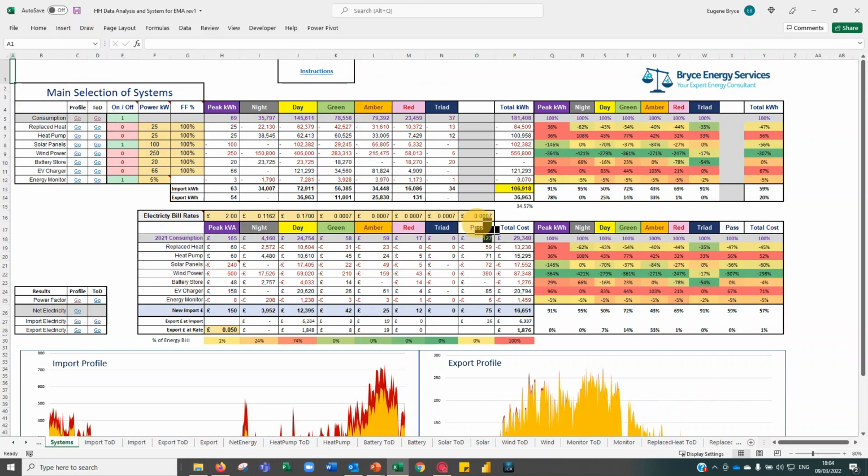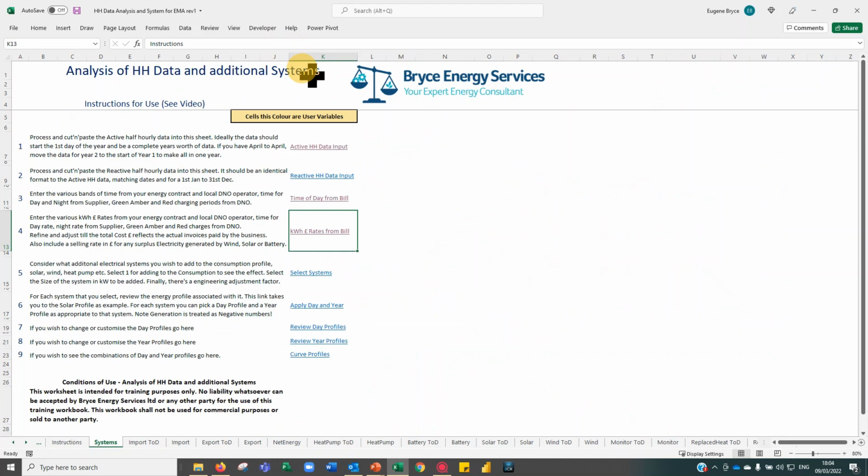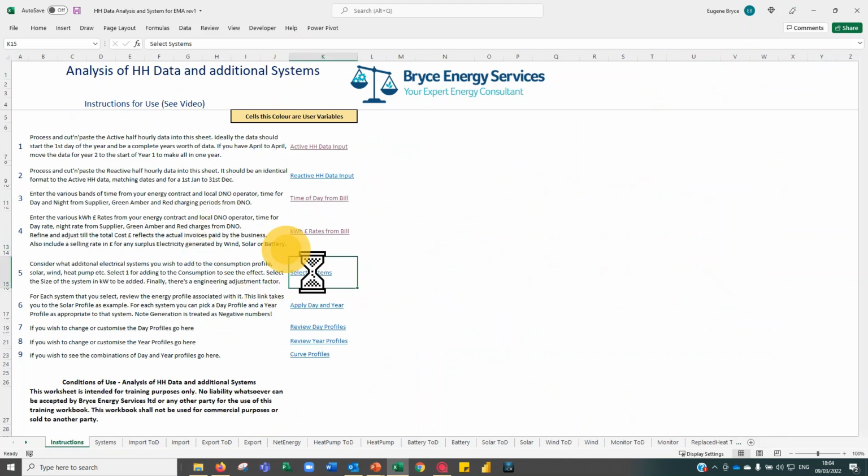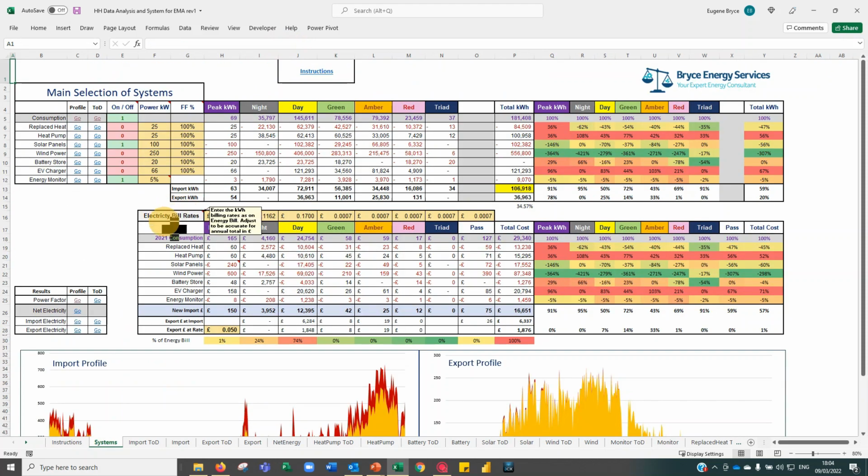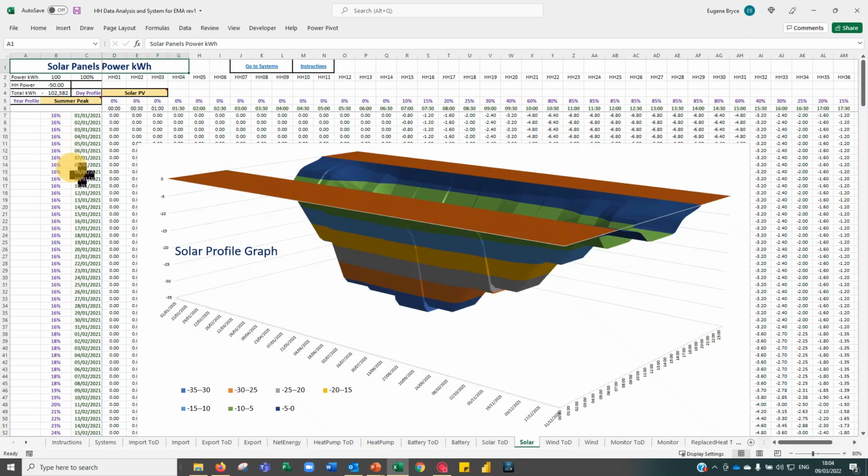So the real advantage of this is applying other systems, and I can apply solar panels, wind power, battery storage, all by selecting a profile. So if I go to instructions, the next step is select the systems you want to apply. And if we want to apply solar panels, if I go to the profile, just to explain a bit further, this profile comes from